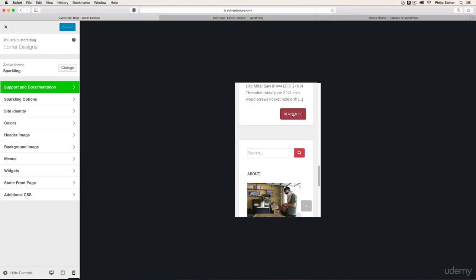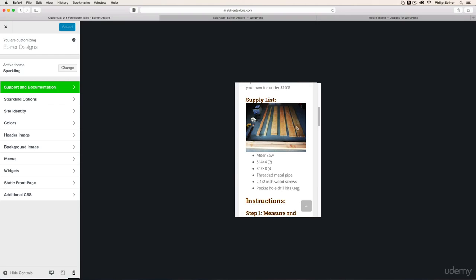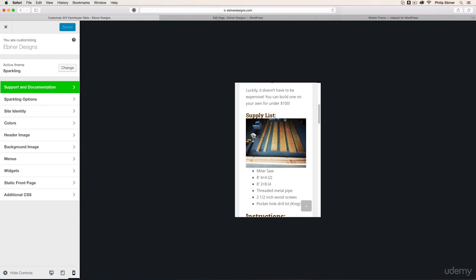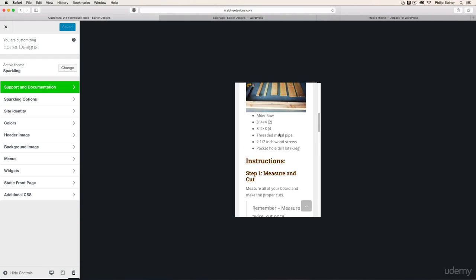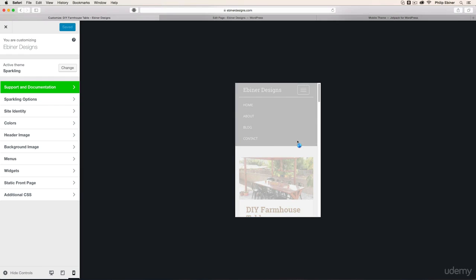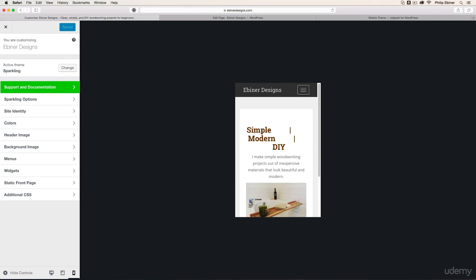Let's just see one of our posts. All the photos look pretty good, but it'll also show you where the photo is in terms of the text. We would probably want to move this photo up above this supply list text. The one thing that I'm seeing as the big issue is the home page, where this title just doesn't look good on mobile devices. So we're probably going to have to change this. So using these controls down here while editing your site is a good thing to do.